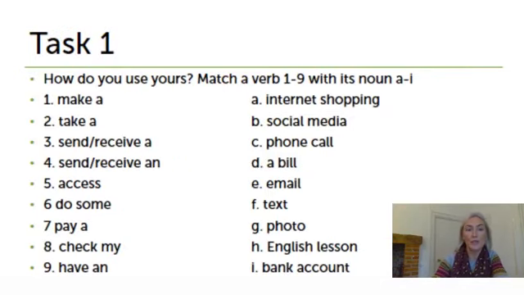Task 1 is called How Do You Use Yours? And you have to match a verb in numbers 1 to 9 with its noun, letters A to I. So for example, in the first one, number 1, make a, and you are looking for C, phone call. Make a phone call. Okay, match the numbers and the letters. Here we go. 2, take a,